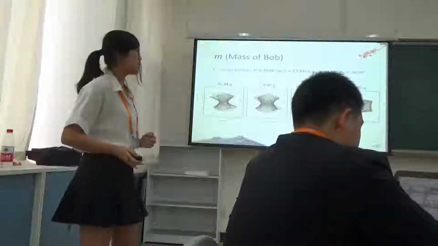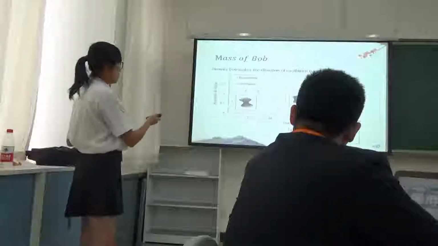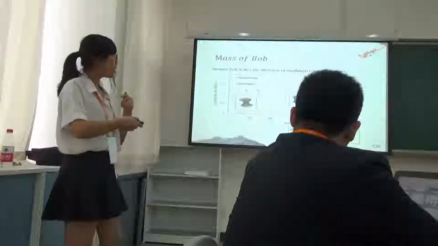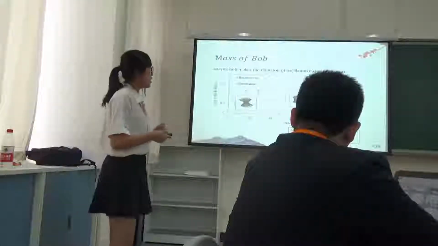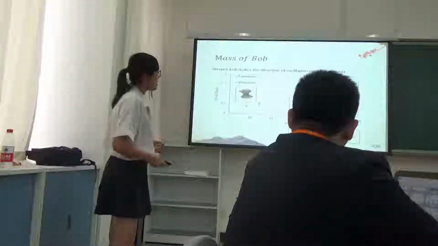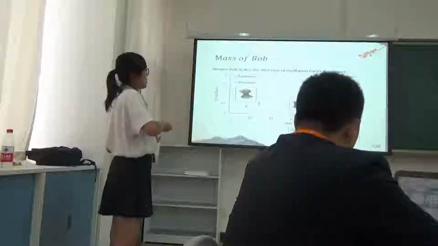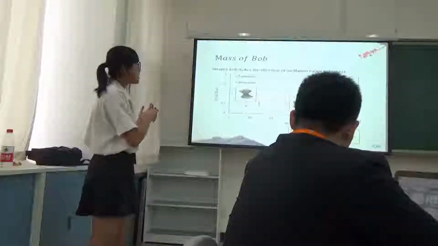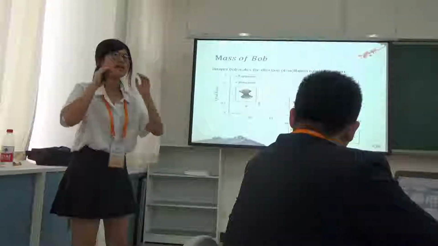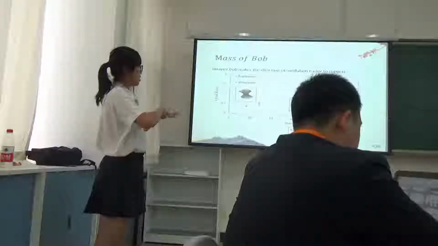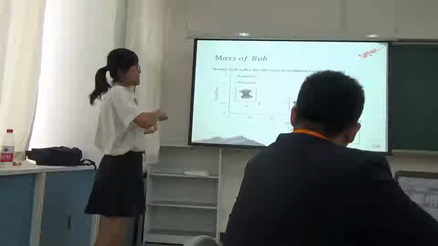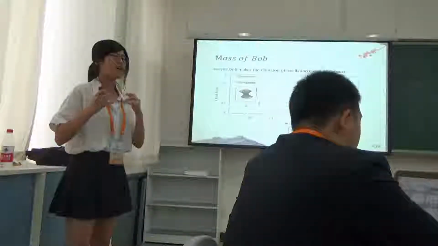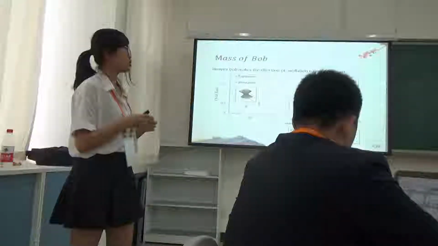And next, we try to change the mass of the bob here. And first, we find out that as the mass of the bob gets heavier, the amplitude ratio also got bigger. And for the Opp ratio here, as the mass of the bob gets bigger, the Opp ratio gets bigger, which we have mentioned. Opp ratio means how much phi angle it can change in a certain time. Therefore, here we see that's because as the bob is heavier, it has a greater force on the rod, and thus causes it to have a stronger effect. And therefore, it can change more in its